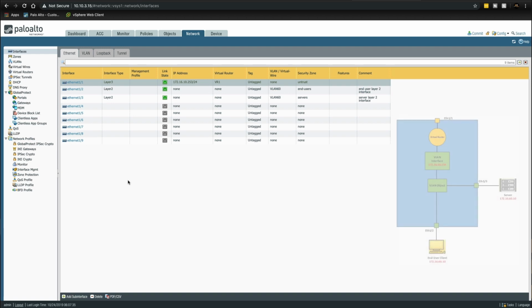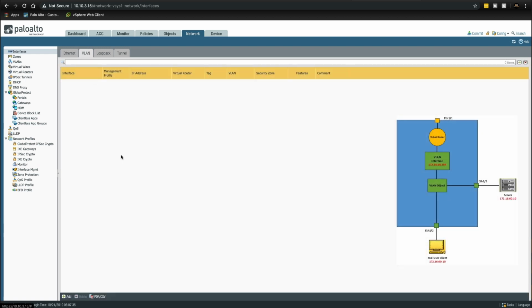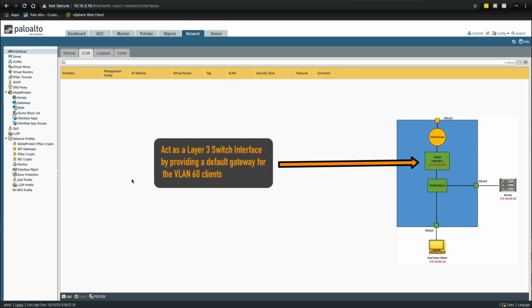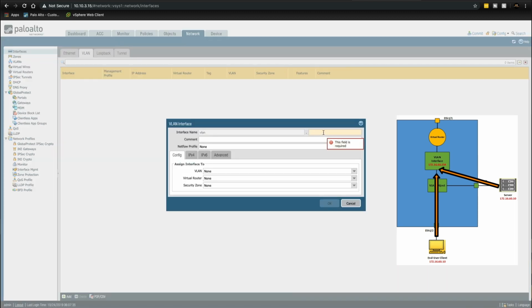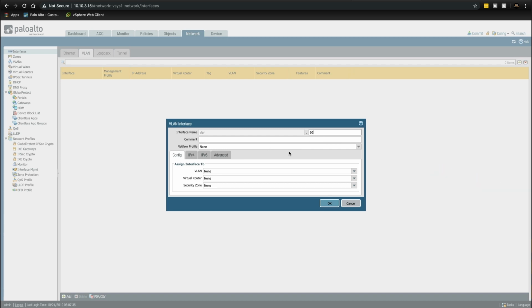Next we need to do the VLAN interface. So this is the same as a layer 3 switch interface. It will act as a default gateway for the VLAN 60 clients. So just go to the VLAN tab under interfaces and then click add, and then we're just going to put 60 in there as an identifier. This doesn't correspond to any VLAN tagging. This is just for identification purposes. And then we're going to assign it to the existing VLAN 60